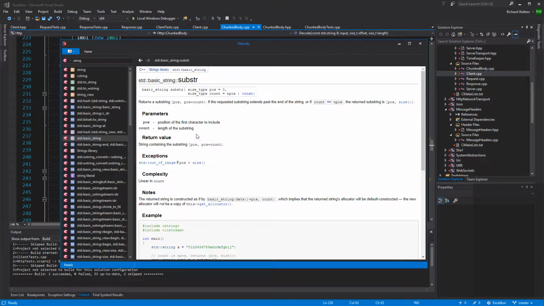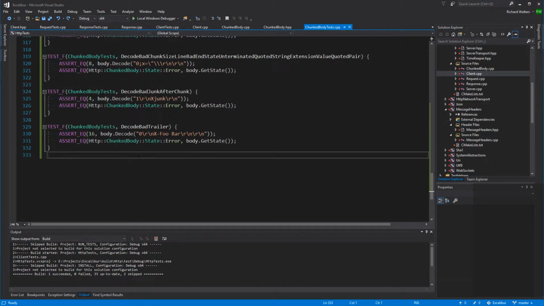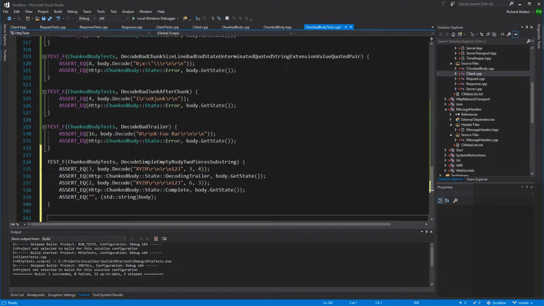And what if count? Oh, look, we'll get an out of range exception. So this will cause an exception. So we should have a test case for it. Put that back, please. Did I already lose it? What if it's in my clipboard? Ah, it was in my clipboard. Yay. Okay. So decode